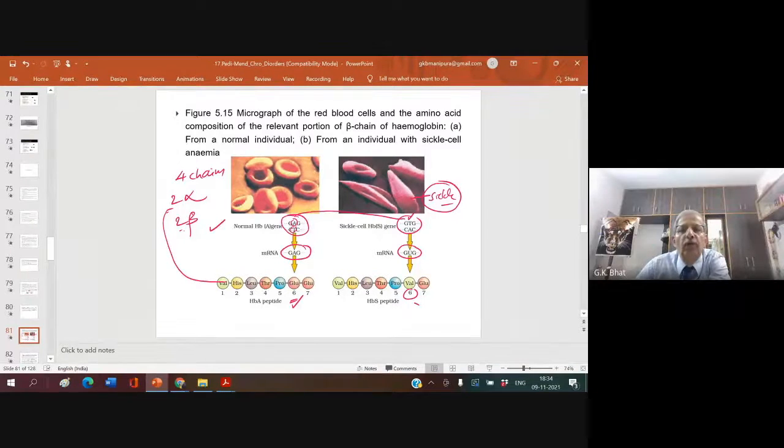So what you have to know is that here a mutation takes place. A is mutated to T. So mRNA with GAG is not produced. In that place, GUG will be there. When GAG was there as the nitrogen base in mRNA, it resulted in the pooling of glutamic acid. When GUG came, it started pooling valine. Of course, how this pooling happens, I will explain in the molecular basis of inheritance chapter.